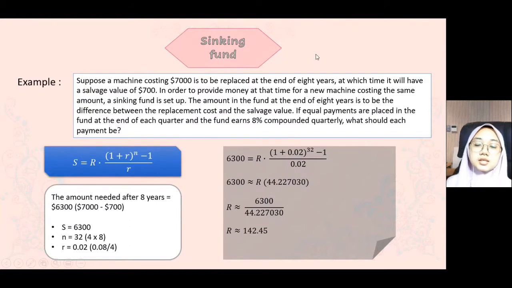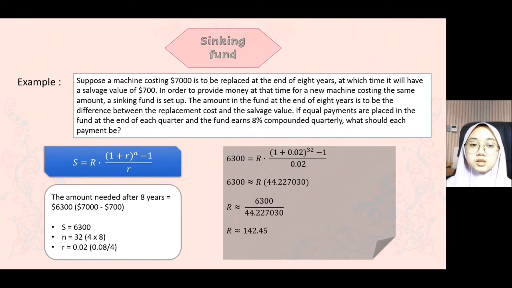Okay, next, lastly, the special case in the topic of annuity is sinking fund. Okay, the question says, suppose a machine costing $7,000 is to be replaced at the end of 8 years, at which time it will have a salvage value of $700. In order to provide money at that time for a new machine costing the same amount, a sinking fund is set up. The amount in the fund